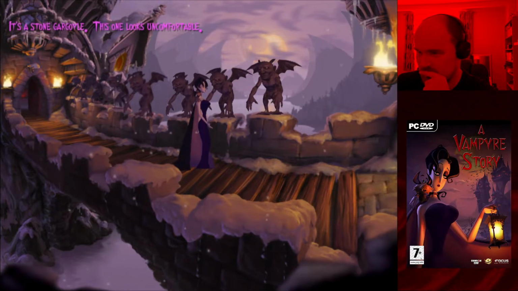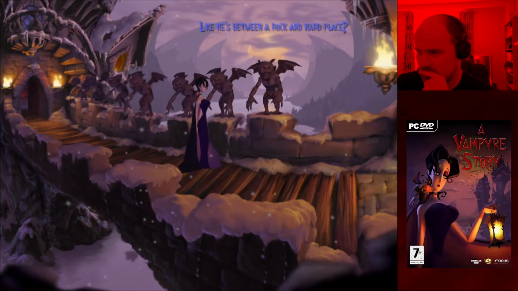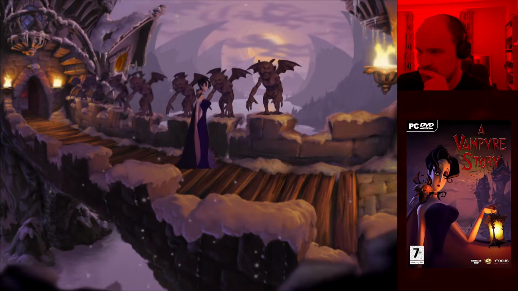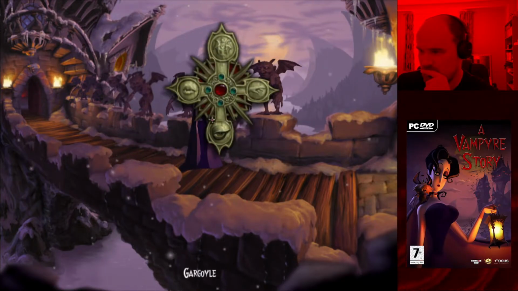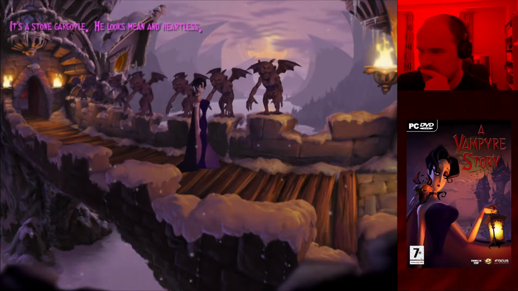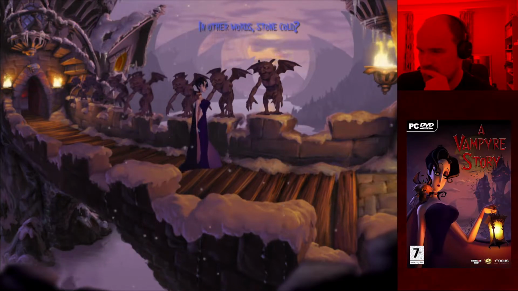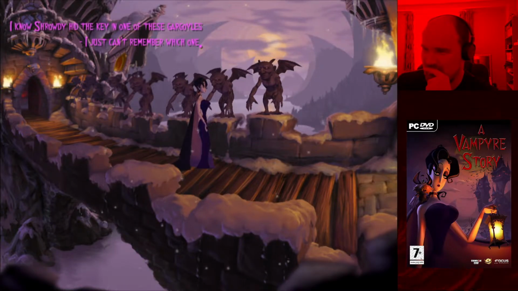It's a stone gargoyle. This one looks uncomfortable. Like he's between a rock and a hard place? It's a stone gargoyle. He looks very mean and heartless. In other words, stone cold? I know Shouty hid the key in one of these gargoyles.